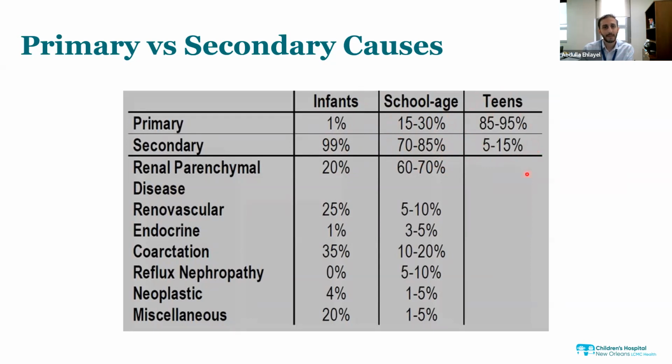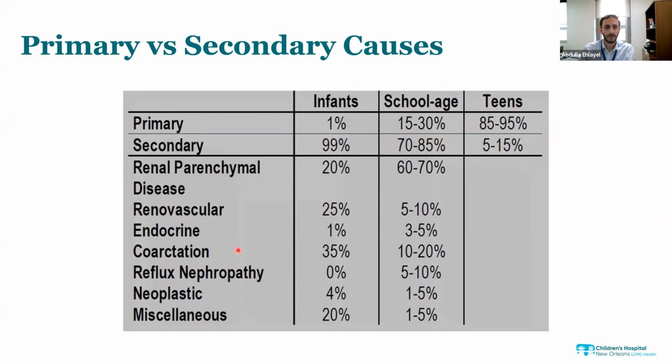Of course, this is coming more from Western data, especially Europe and America, because obesity is increasing significantly. I expect in our countries it's still not as high, but I think we're heading towards that. People are changing their diet, the nature of the food they eat, and obesity is increasing in children. So that also is probably going to change. It may not be this high, but the general change is that secondary hypertension is more common in children. With teenagers, you probably have the same or a little bit more primary hypertension.